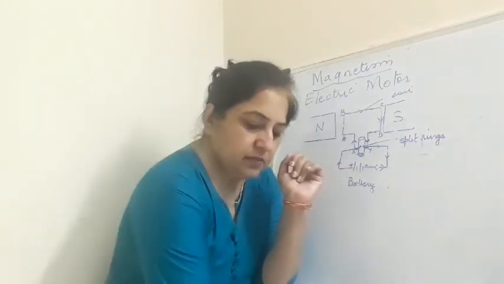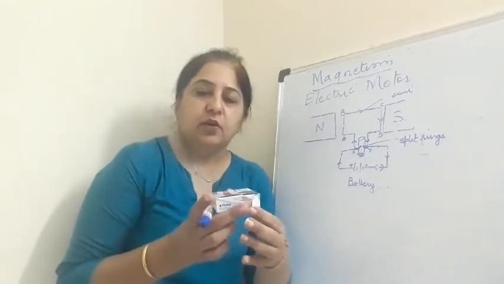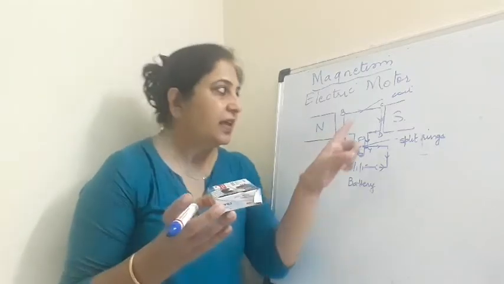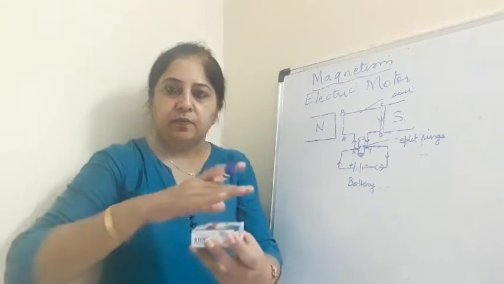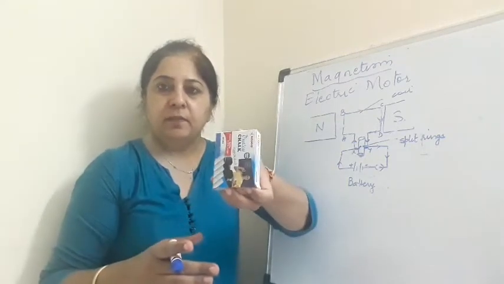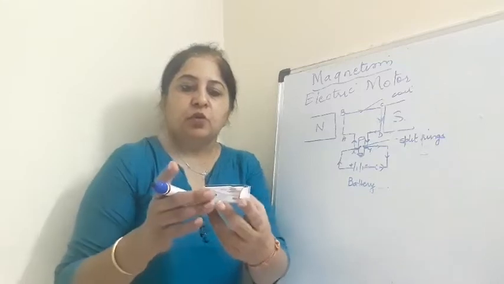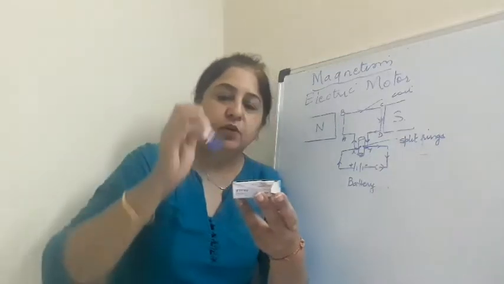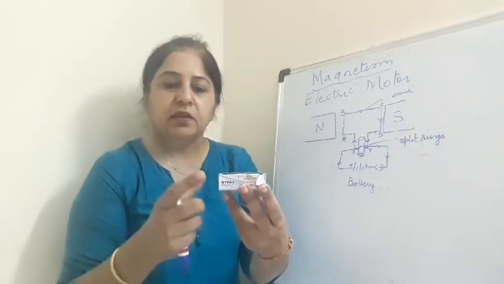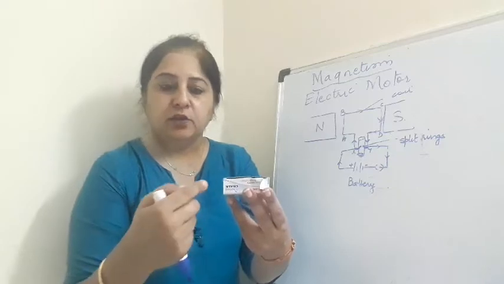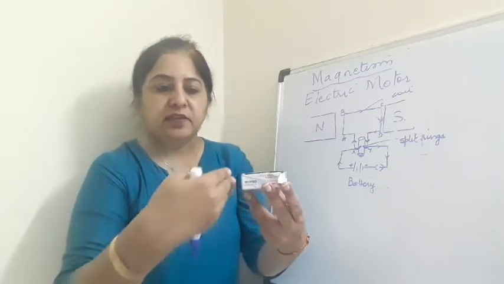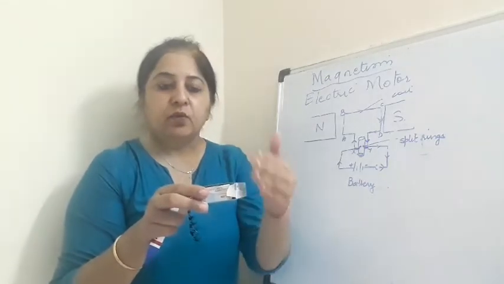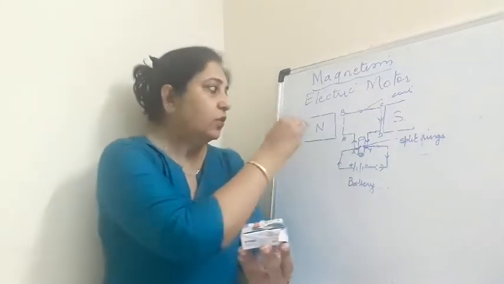Now actually, suppose I take this as the coil, a rectangular coil. This coil is not placed like what I've drawn on the board. It is placed horizontally. Any electric motor is placed like this. So if I consider that this part is the AB part of the coil and this is the CD part of the coil, when the current enters from the battery to this end, the direction of the current is inward, and here the direction of the current is outward. And what is the direction of the magnetic field? The magnetic field is from north to south.